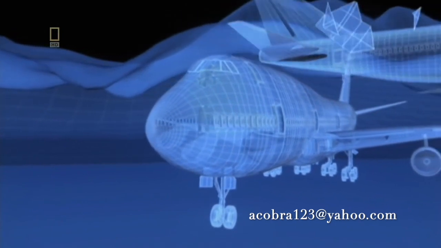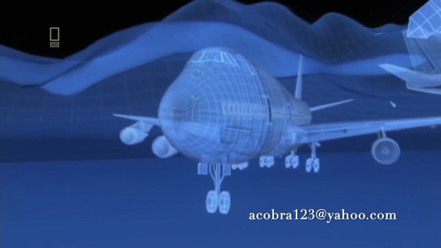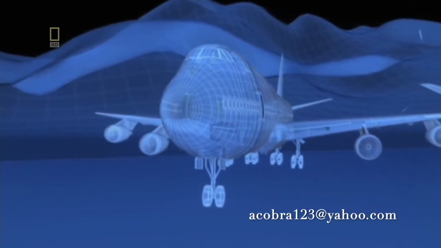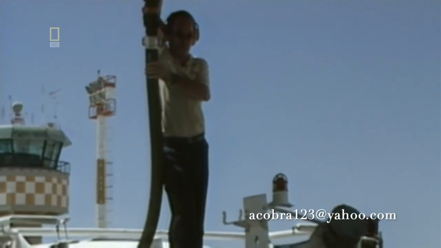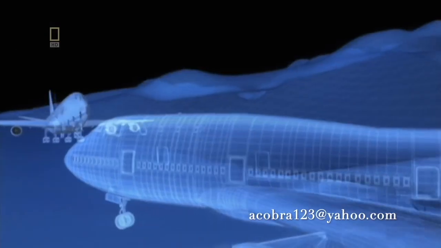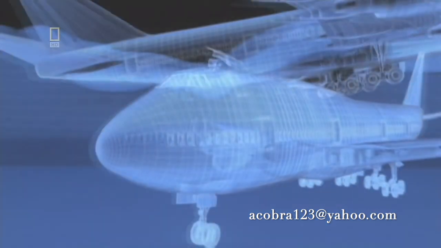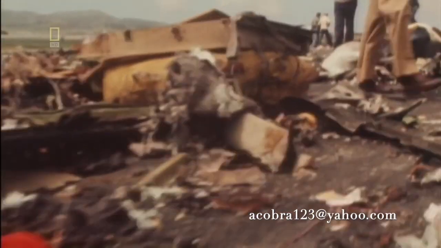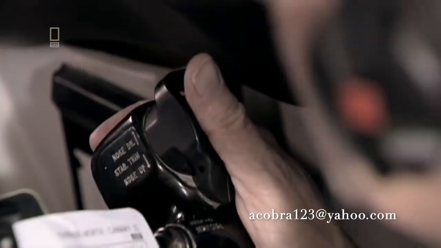The final irony was that Captain Van Zanten had taken on an extra 55,000 liters of fuel to save refueling time later in Gran Canaria. It was this extra fuel that may have made the jumbo just too heavy to climb the extra few meters in height that could have prevented the disaster. The disaster at Tenerife was caused by a chain of events combining both human error and technical failure.